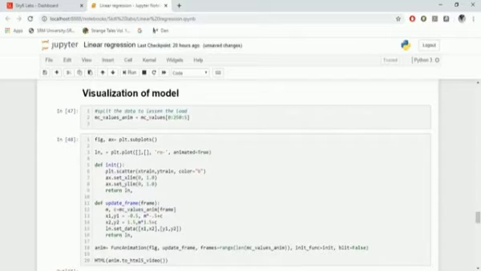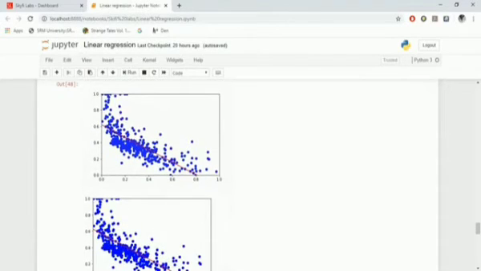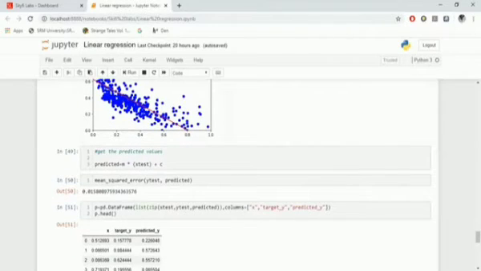of the model by using the HTML and the FuncAnimation objects. We can see in this video how the model trains itself and the regression curve changes accordingly while the M and C change. And now we can get the predicted values using the y equals m times x plus c equation